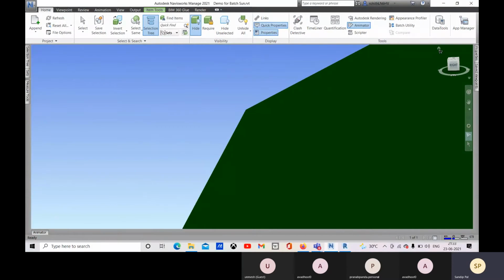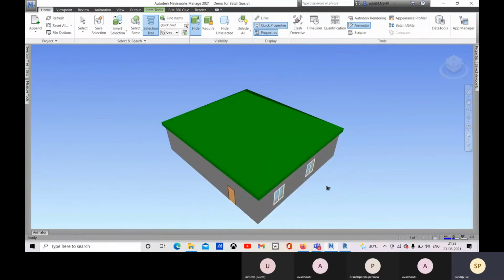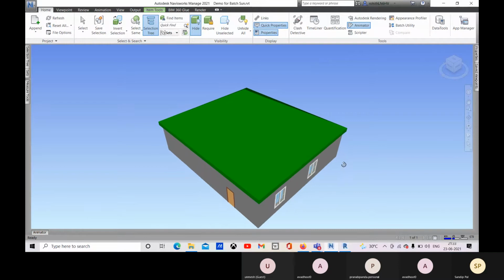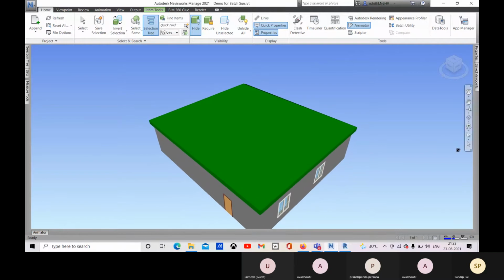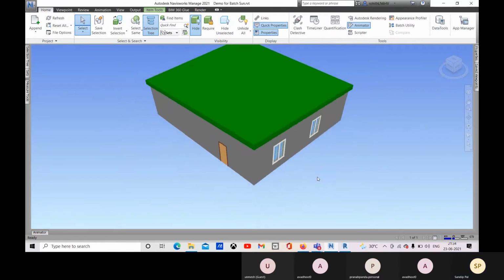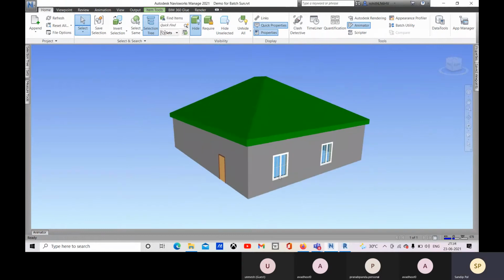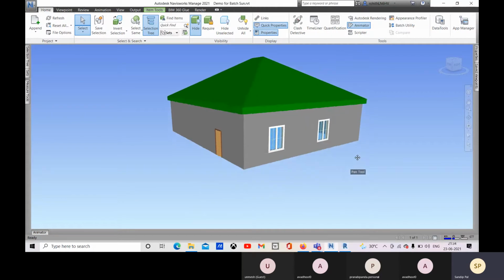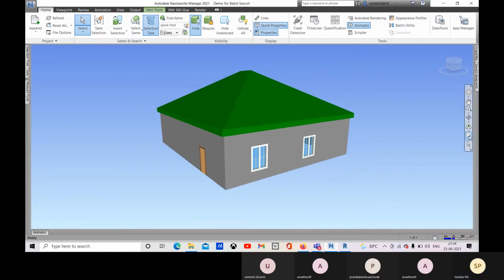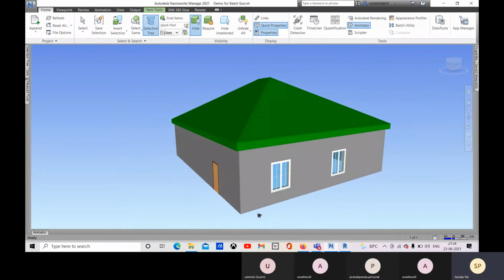Okay, let me get back to that normal view again. And if you want to get back to the normal condition, click on this select. From this you can select, or Control 1 is the shortcut to switch from any tool to normal selection. So switch with Control 1. Okay. And let me go with this fly mode.